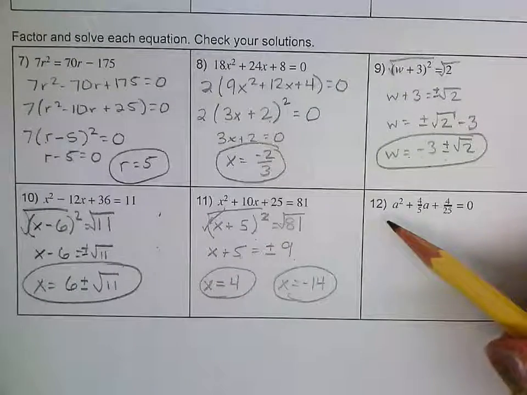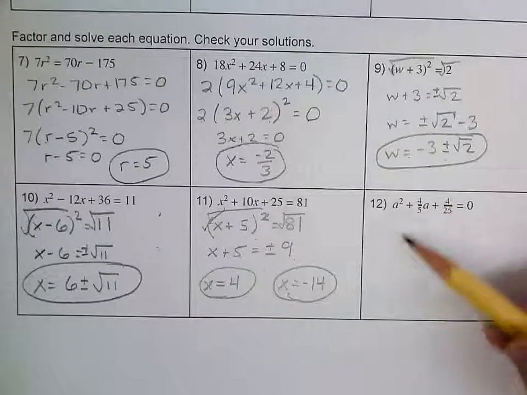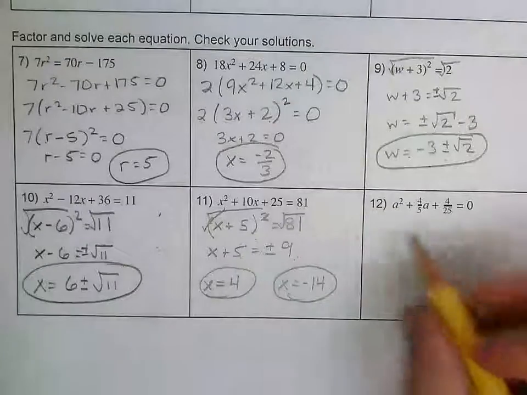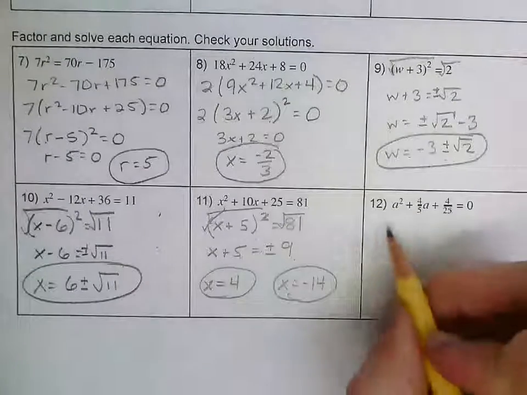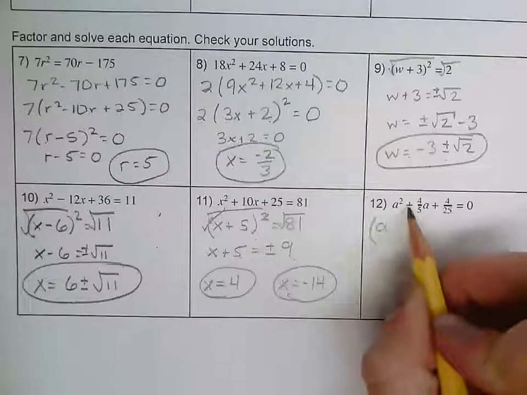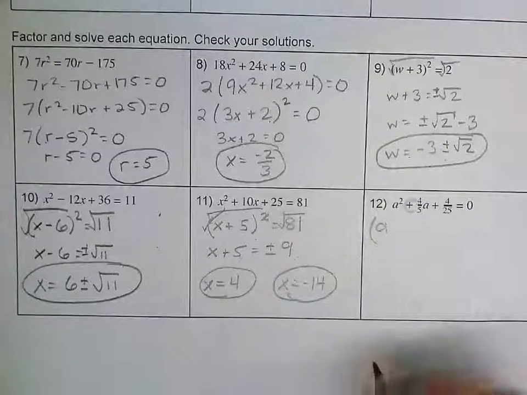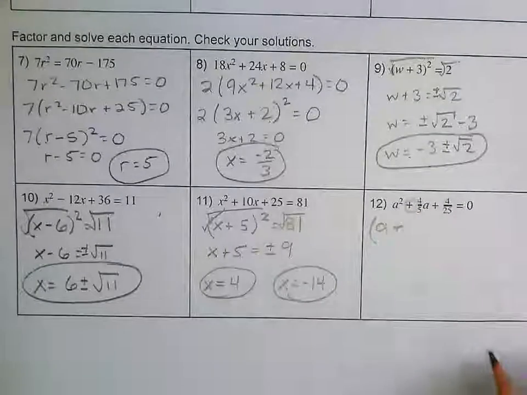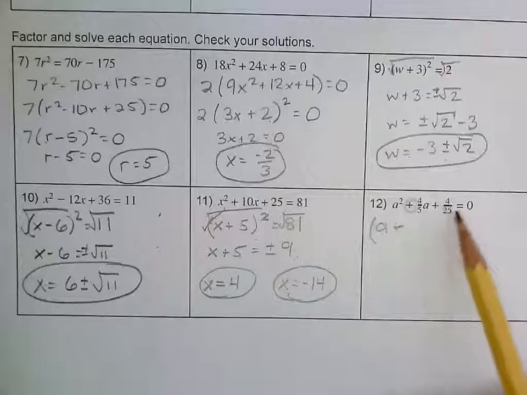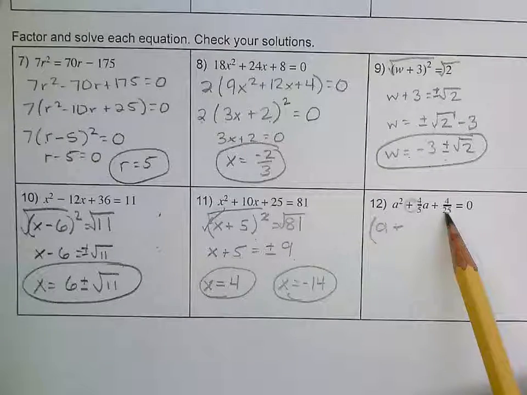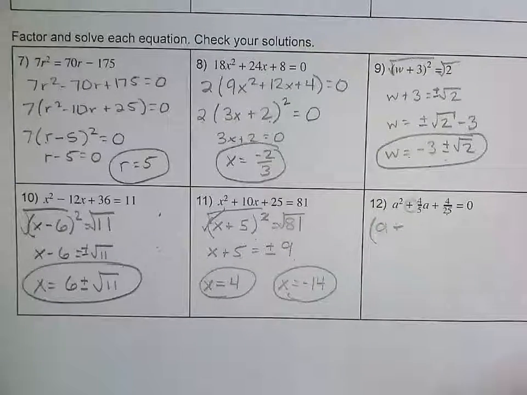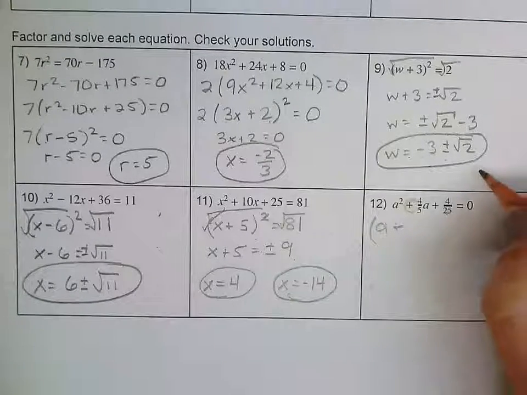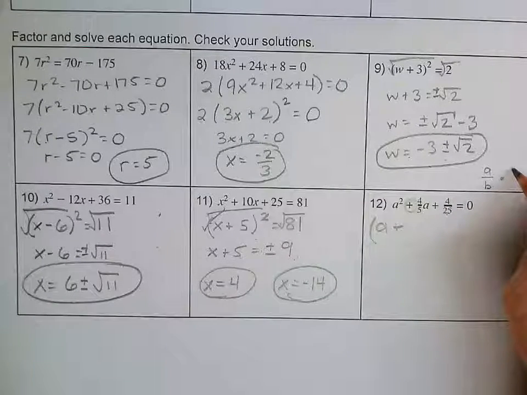All right, so believe it or not, this is a perfect square right here. Don't believe me? Watch this. What times itself equals a squared? Well, a times a. You're correct. It is a plus. It's a sum, so we're going to be adding on this one. Now we need to figure out what times itself is going to equal 4/25ths. So we can break this down. Because remember, when we multiply fractions, I'm going to do it up here. If we had, say, the fraction a over b, and I multiply it by the fraction a over b,